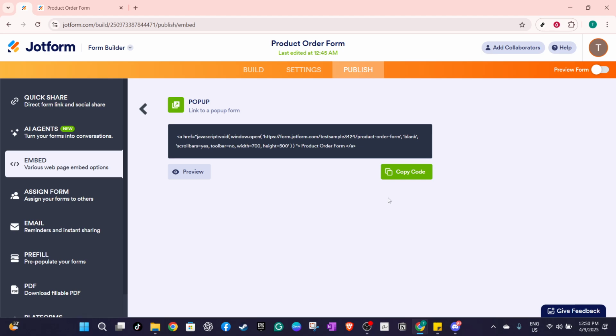And there you have it, you've efficiently set up a Jotform to open in a pop-up window, enhancing the interaction